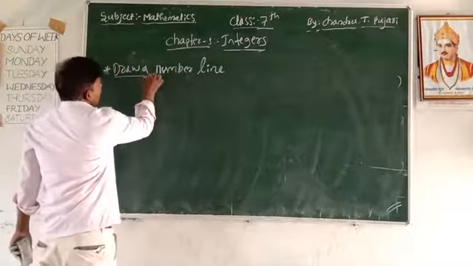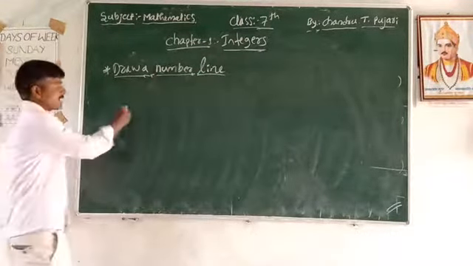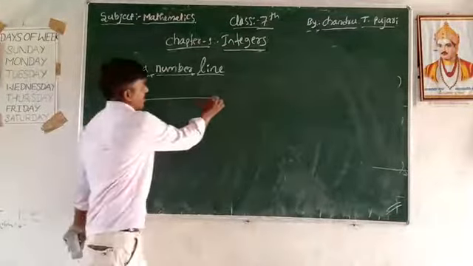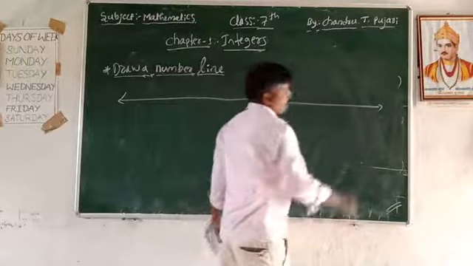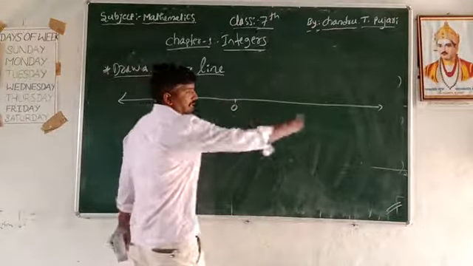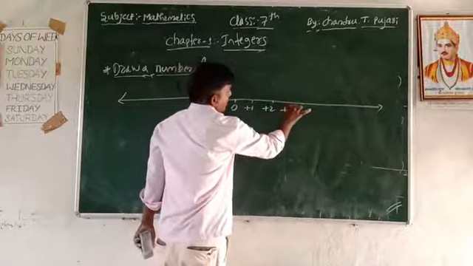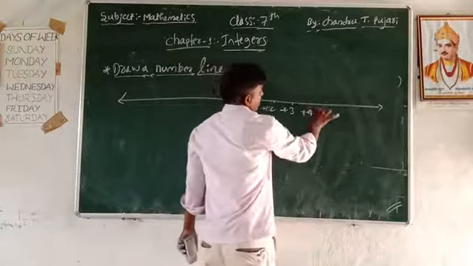Draw a number line. You know what a number line is from your previous class. In the number line, all types of numbers are there. The middle part is 0. On the right side are positive integers plus 1, plus 2, plus 3, plus 4,